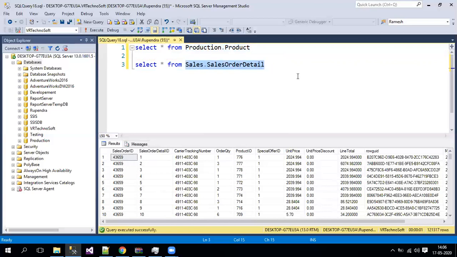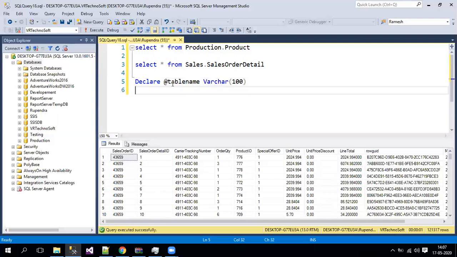I'll show you a quick example. Let me declare a variable to pass the table names dynamically. I'm declaring one variable here, @TableName, and as it contains characters, I'll use varchar of, let's say, 100.